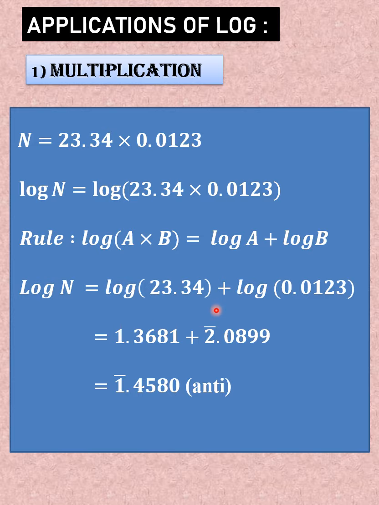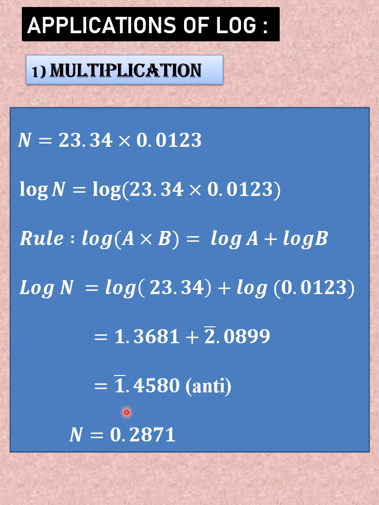So remember, when you add the characteristics, 1 plus bar 2, it becomes 1 minus 2, which is minus 1. And then we need the antilog of the given number. While finding the antilog, first we have to use the decimal part, that is the mantissa, 0.45, row 8th column. In that you observe the value 2871, because the mean difference is not present in the log table or antilog table.